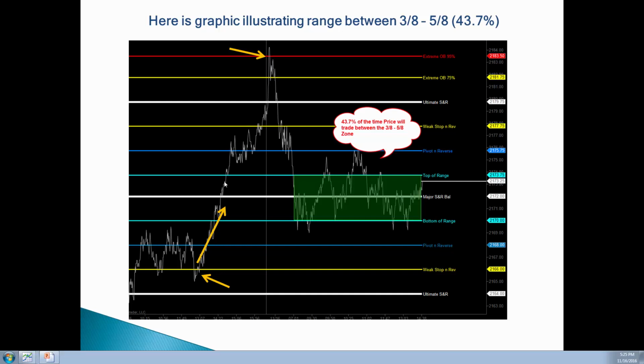happenstance. But along the way, you'll see that the market will trade and consolidate at or between some of these levels. You see this over here as well. Stop and consolidate. 6/8, 7/8, 7/8, 6/8. Now, in this particular case in the S&P, we're only talking about 2 points, unlike the NASDAQ, where each of these levels represented almost 10. So each instrument is going to have its own harmonic vibration, but these are very much tradable. And when we get into this 3/8, 5/8 zone,